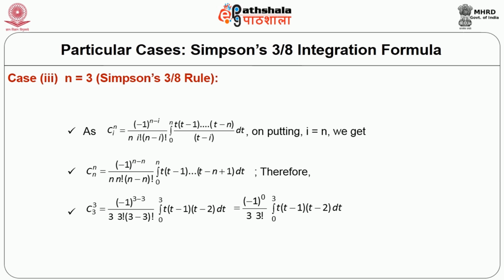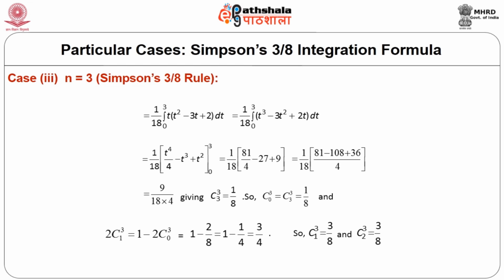So t minus 1 up to t minus (n minus 1), that is t minus n plus 1, dt. And let us put n equal to 3. So 3C3 is (minus 1) raised to 0 upon 3, 3 factorial, 0 factorial, integral 0 to 3, (t minus 1)(t minus 2) dt. And so 3 factorial is 6, outside the integral sign we get 1 by 18, 0